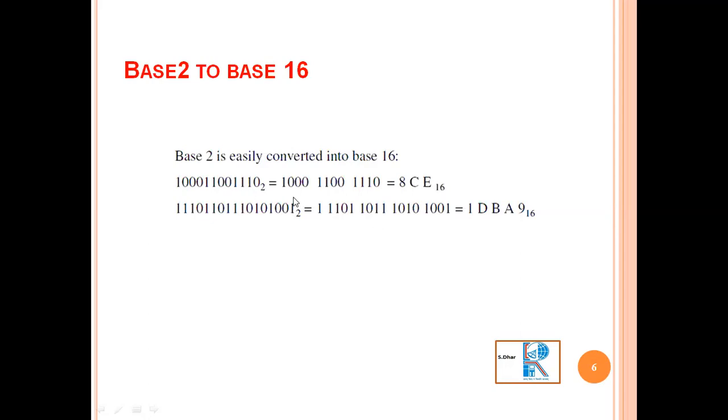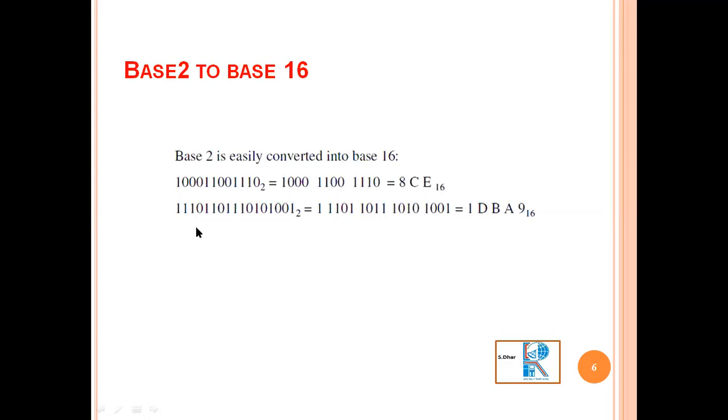So that means from the right hand side 1110, 4 bits, then again 4 bits, 1100, then again you take 4 bits 1000. These are the 4 bits. You divide the total binary number into 4 bits, 4 bits, 4 bits. So what is this? This is E in the hexadecimal. This is C in the hexadecimal, and this is 8 in the hexadecimal. So the number in hexadecimal is